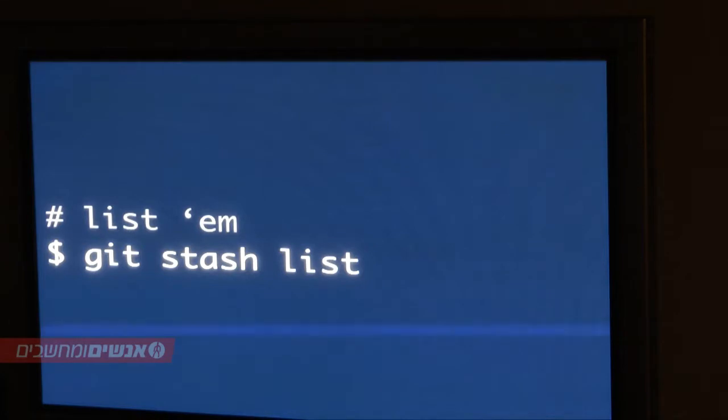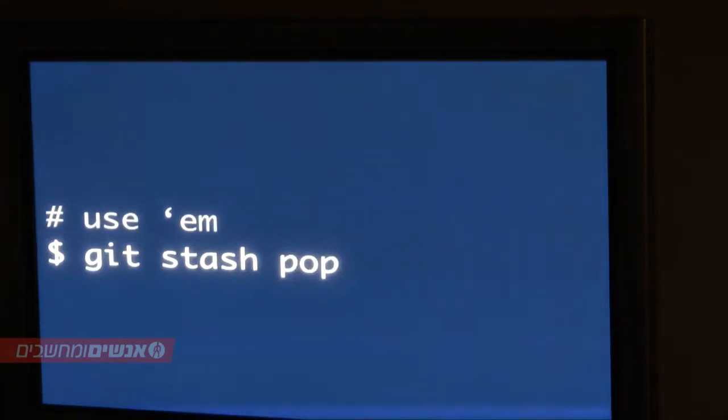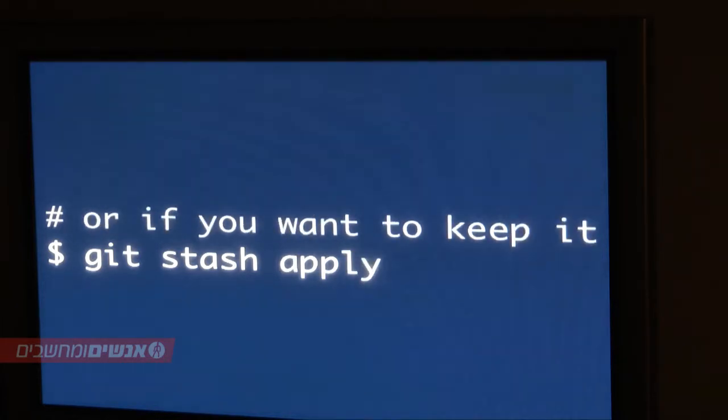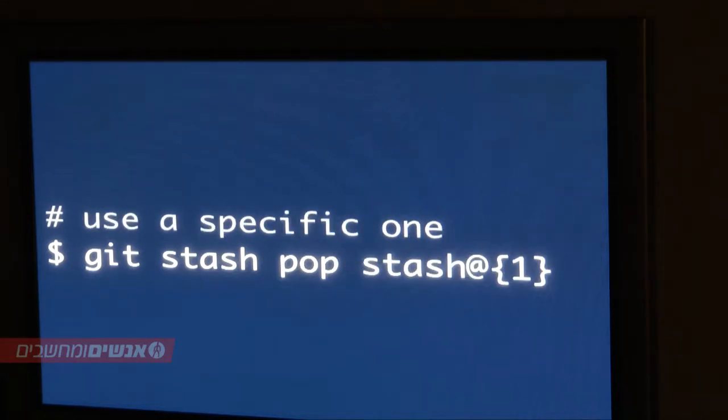You can look at all the stashes you might have. Like I said, you can pop them off. And if you want a very specific one, it's stack-based, but you don't necessarily have to use it solely like a stack. So you can pop off just one specific thing in your stash, which is nice. And if you want to keep it in your stash, you can also just apply it. That'll take the diff, apply it to your working directory, and still leave it in your stash so you can use it later if you really want. In the previous slide, the number is just the index from the top of the...